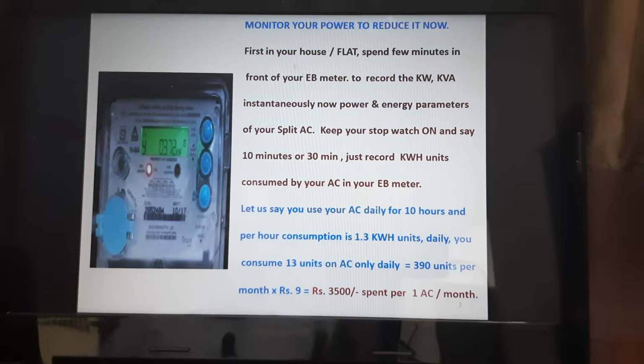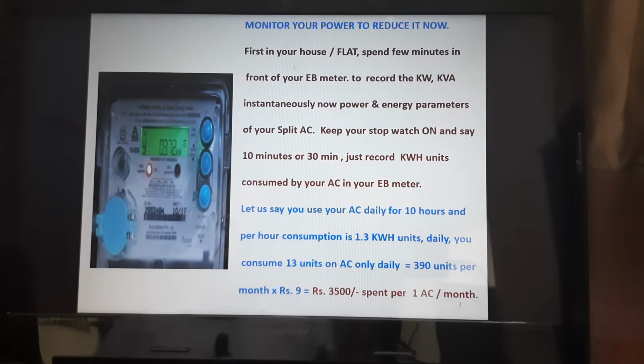To say the maximum consumption is from the AC, so we can just switch on the AC for 10 minutes or 30 minutes, and just see the instant kilowatt, instant volts and amps and the kWh. So what are the units per hour your existing air conditioner is consuming, and what is it as per the nameplate. Let us say your AC is running for 10 hours a day, including the day and night time,